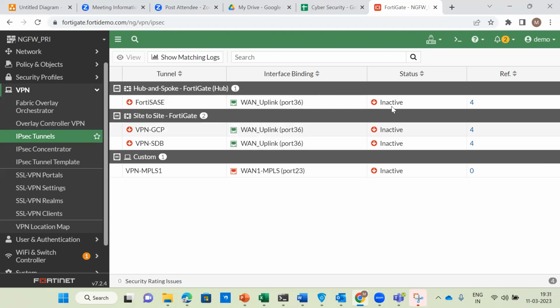Once the tunnel forms, the status will show as active. Right now it is showing as inactive. That means the tunnel is not working properly. Okay. Next one you can see